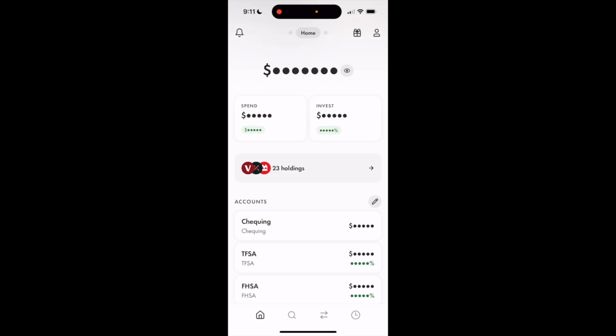So in this Wealthsimple Trade tutorial video, I'll be showing you guys how to invest in water here on Wealthsimple Trade. So once Wealthsimple Trade is opened up, and if you guys actually haven't created an account, you can go ahead here,